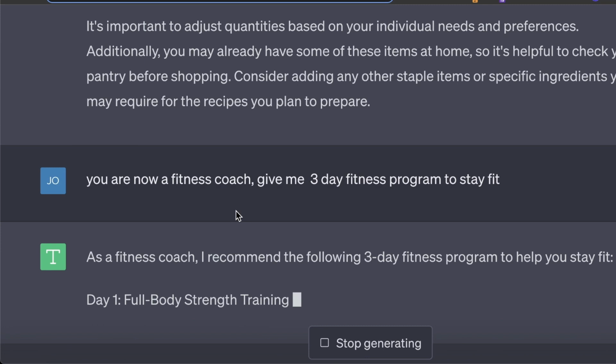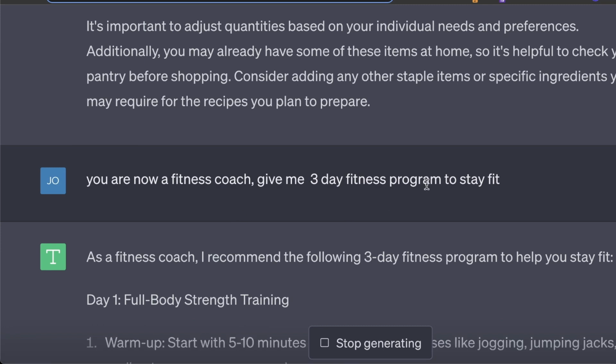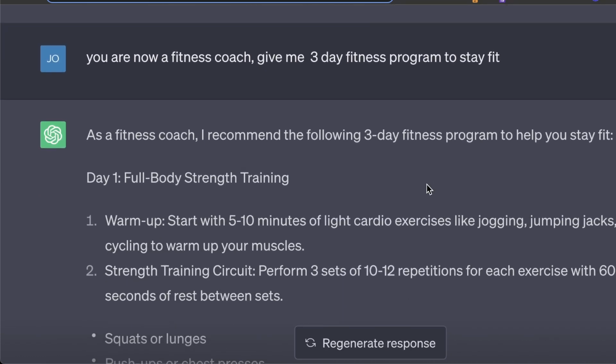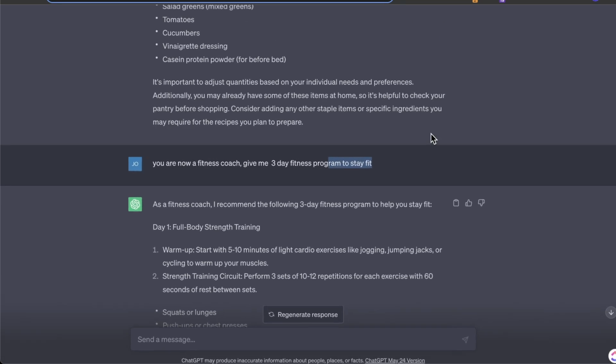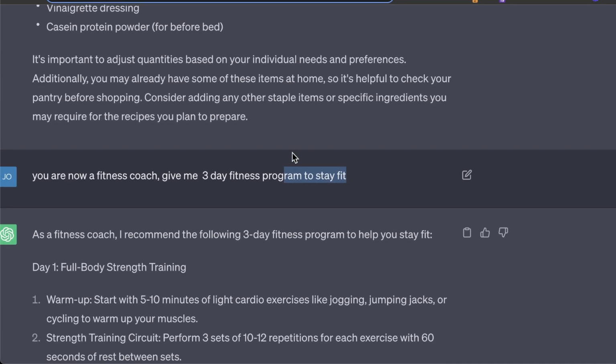The more specific that you give it, the better. If you want to say, I want to lose weight, I want to gain 5 pounds. If I want to lose 14 pounds, that's not realistic, but whatever. The idea is you want to be very specific. I was very generic here, so I'm going to get a generic answer. So that's why it's like, be generic, get generic. You want to be specific so that you get greatness.